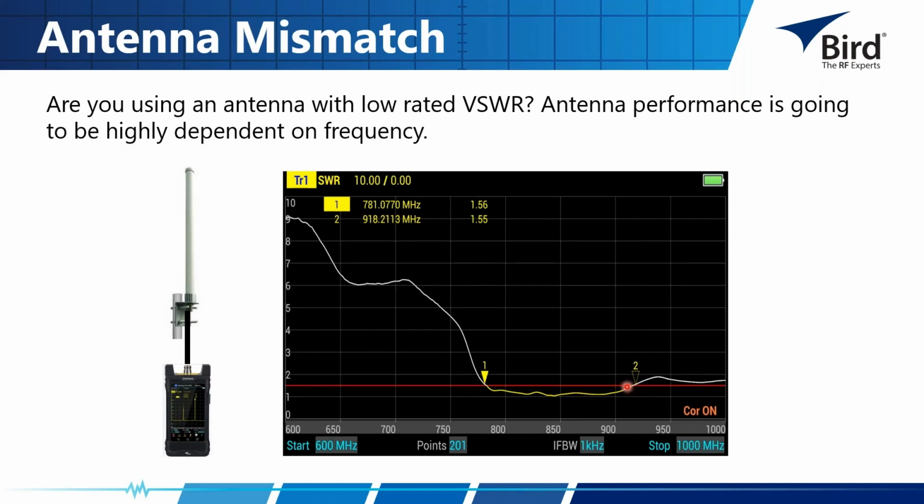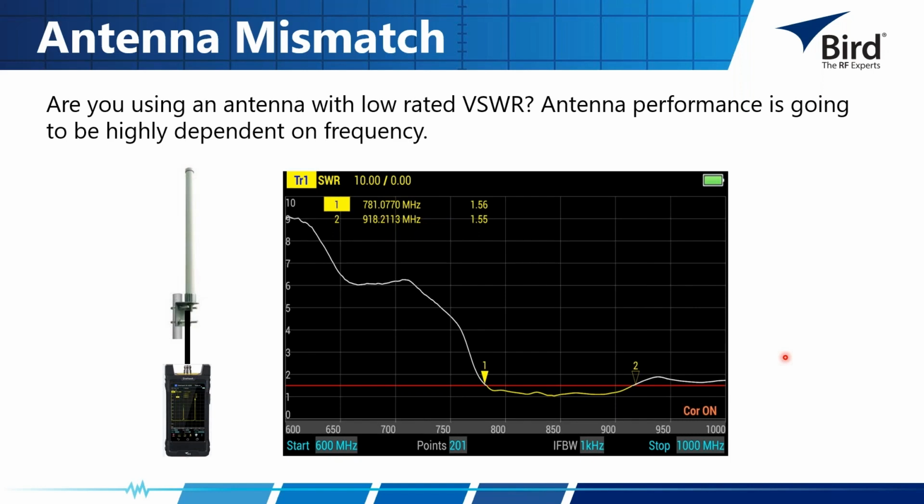In the case of this antenna right here, we're going to be measuring a VSWR value of less than about 1.5 over the desired frequency range of around 800 to 900 megahertz. So again, there are going to be different devices in your system that have these frequency-specific pieces and different VSWRs occurring due to,